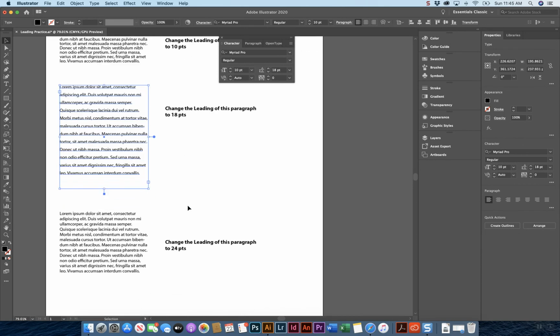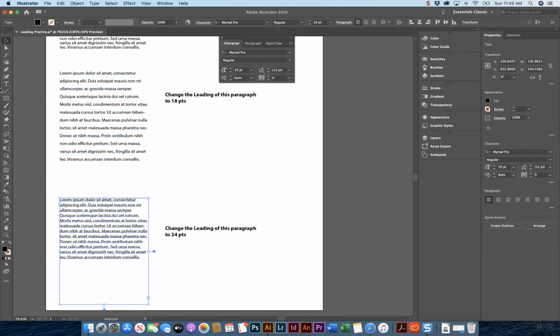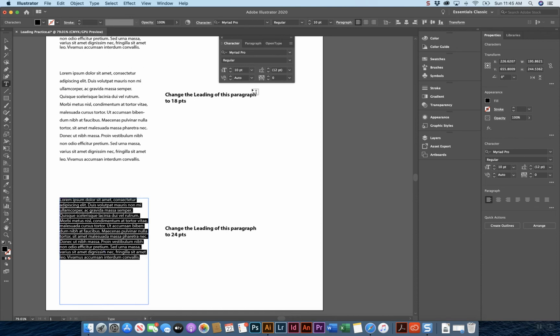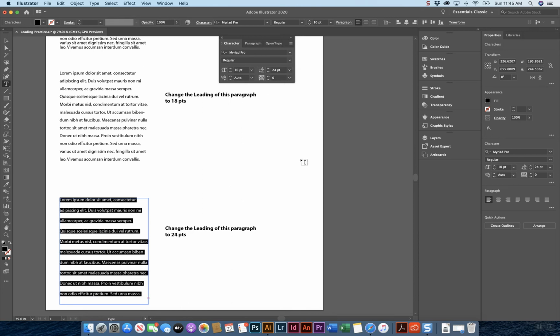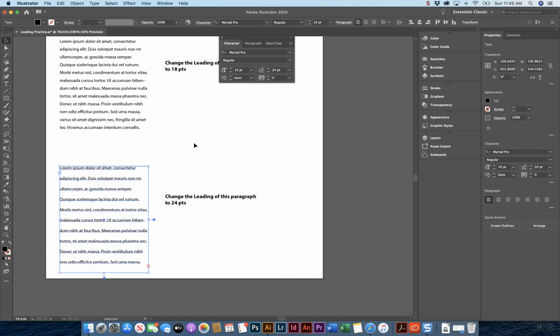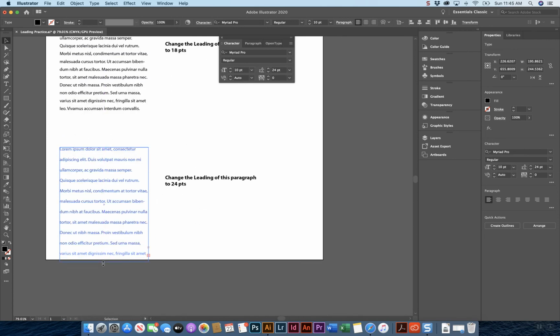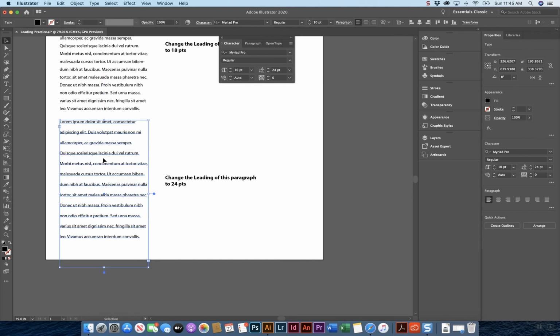I'm going to scroll down just a little bit, and this time I'm going to select this piece of type with my text tool. Again, easiest way to do it is triple click. And this time I'm going to go to the drop down menu, and I'm going to do 24. Now, don't worry about the fact that you can't see the type anymore. It's just the type box is too small, so I can always pull it out. But now this would be referred to as double spacing because there's twice as much leading as initially was the 12 points. So we'll go ahead and save this as your last name, Leading Practice,